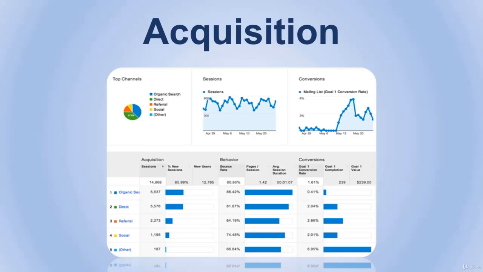And again, you have sessions, where it detects the engagement and traffic throughout time. And then conversions, which detects how your links and conversions are performing on your website. And whether they're in decline or success, you can determine that from right here. The example here is a mailing list. And you have additional details on these channels, such as determining which one is bringing you new users and which one is giving you the perfect bounce rate. The bounce rate is the percentage of people who visit only the page they land on, but then close your website.